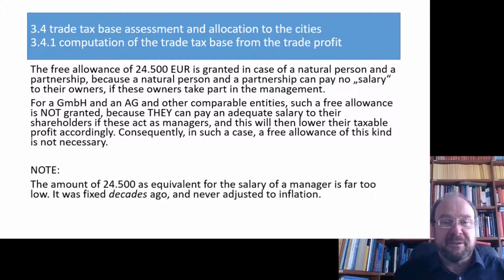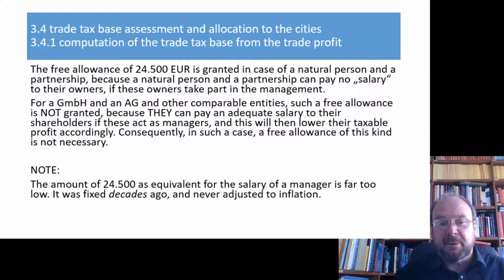The only thing which you can, or how you can understand it, is probably that amount was fixed somewhere in the 1970s or 1960s, when that really was a good salary, 4,000 Deutsche Mark per month. And never later it was ever adjusted to inflation. So it's probably decades old and absolutely inadequate. Now, nobody ever tries to change it. Nobody ever complains strongly about it. We are going to talk about that perhaps in a later video, why that is the case.